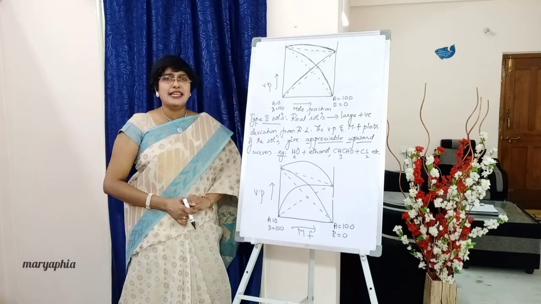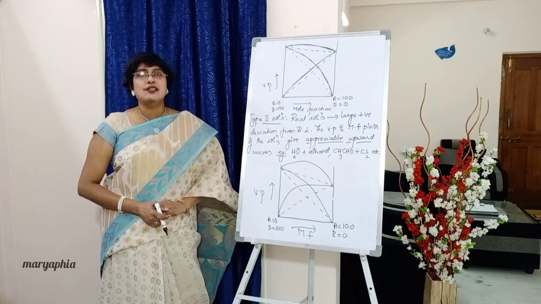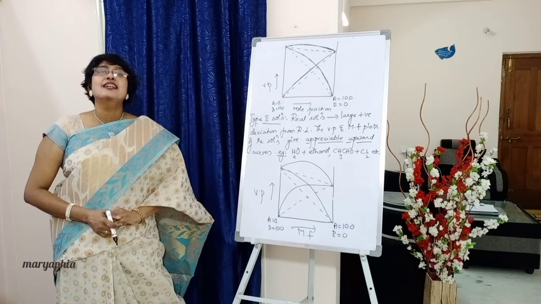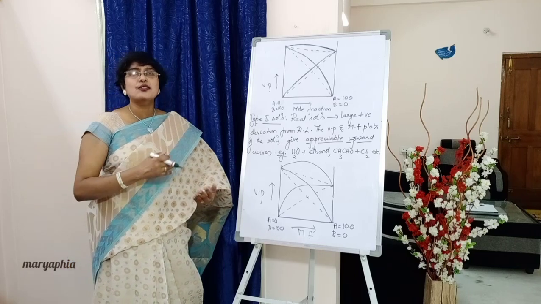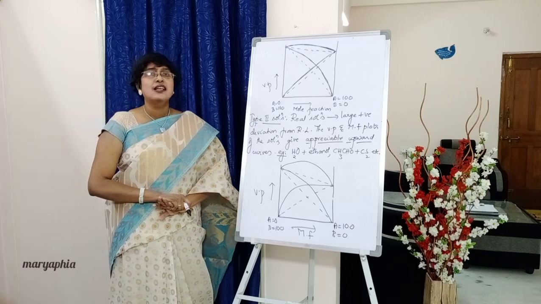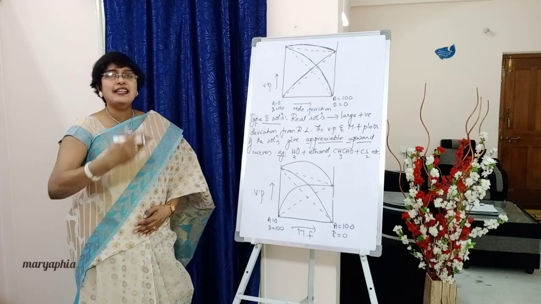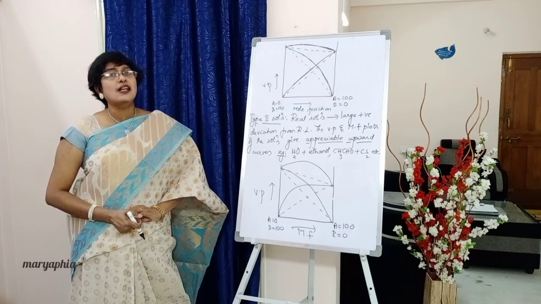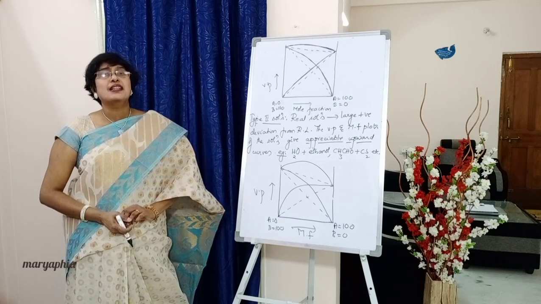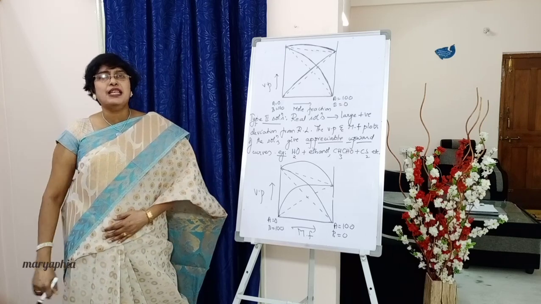If the solution is ideal, if it is obeying Raoult's law, we all know that the vapor pressure versus mole fraction plots will be straight lines. In order to show the demarcation between an ideal solution and a non-ideal solution which is deviating from Raoult's law, we have to show both the ideal solution plot and the non-ideal solution plot. In the case of type 1 solutions, we have seen they are slightly upward. That means they are slightly deviating from Raoult's law.